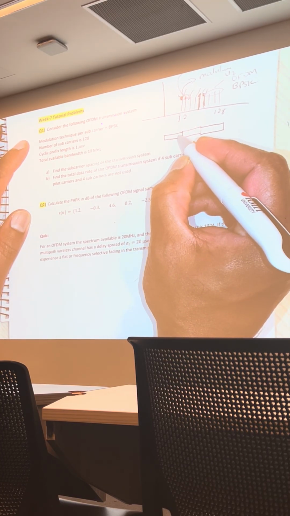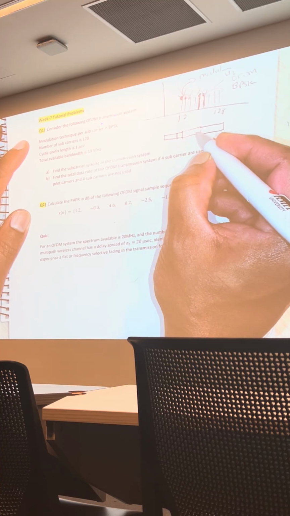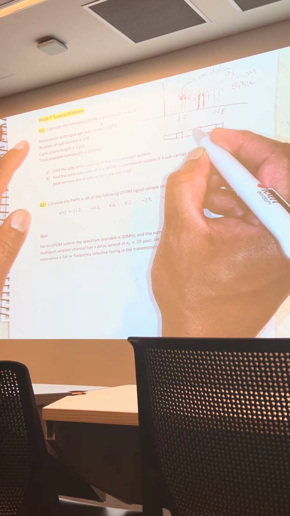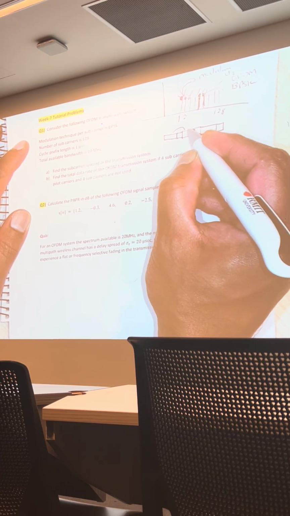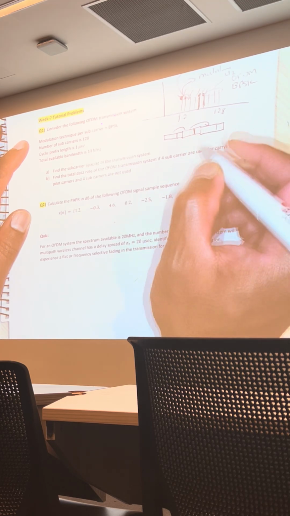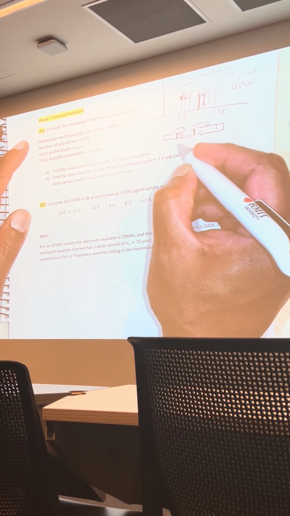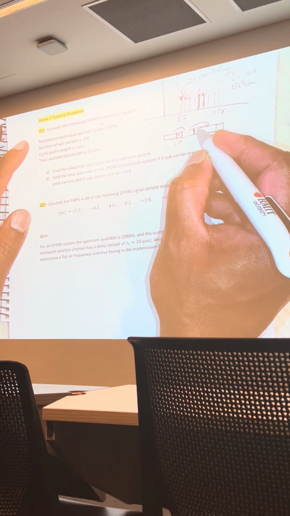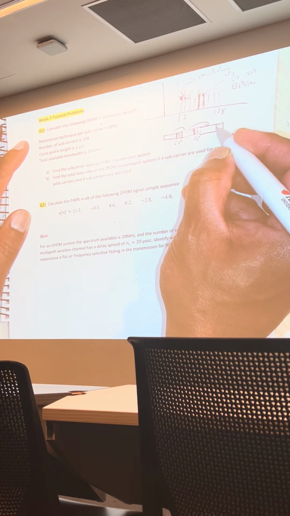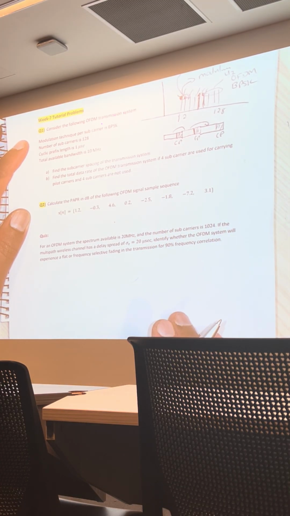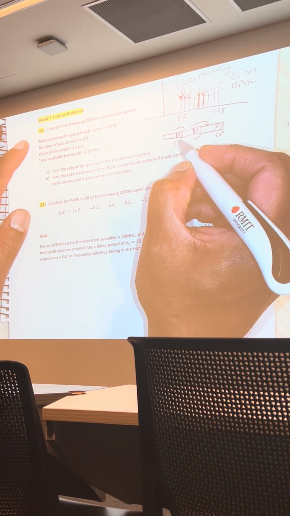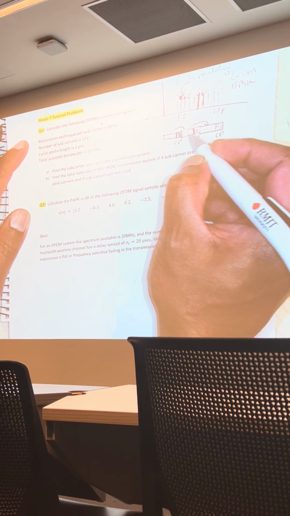There's a guard time allocated between subsequent symbols, and that guard time is known as a cyclic prefix. Why do we do that? We do that to combat multipath effects,